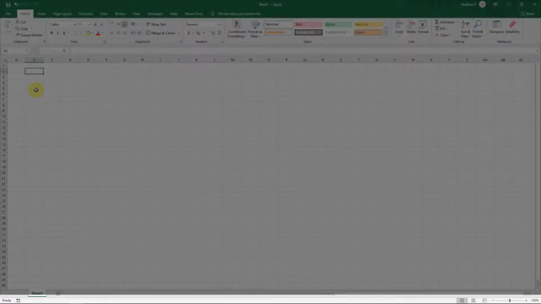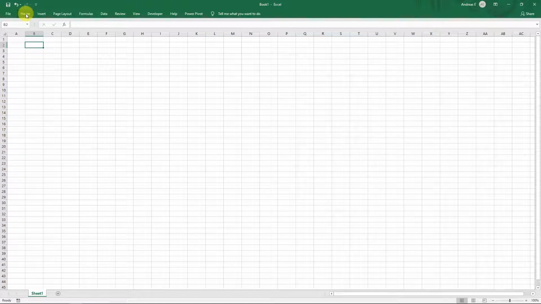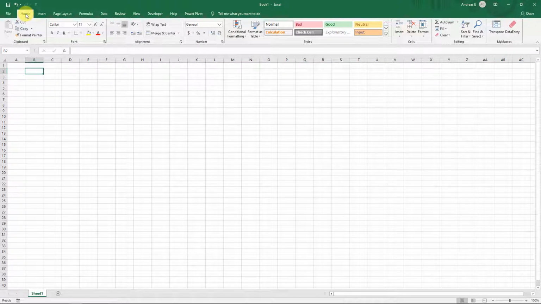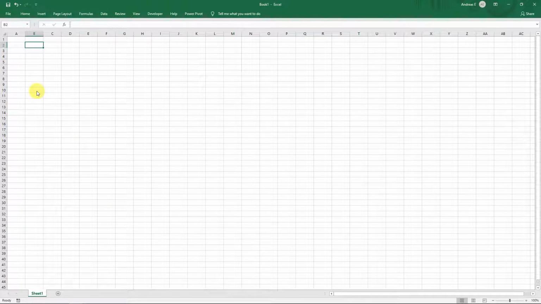Some of Excel's users complain that the ribbon takes up a lot of space. If you want to save space and increase the worksheet grid area, you can double-click on any of the titles like Home, Insert, etc., and Excel will collapse the ribbon. If you double-click again, it will be expanded. If you single-click on it once, you will see the ribbon momentarily, but it will be gone once you finish whatever you need from the ribbon.